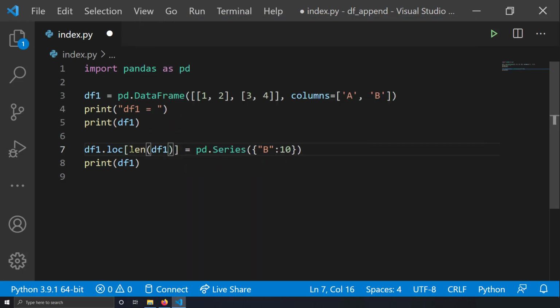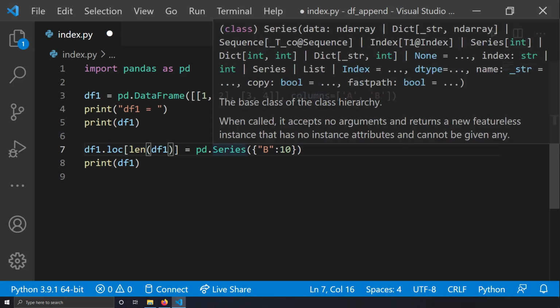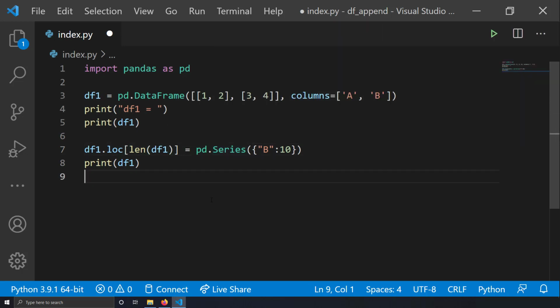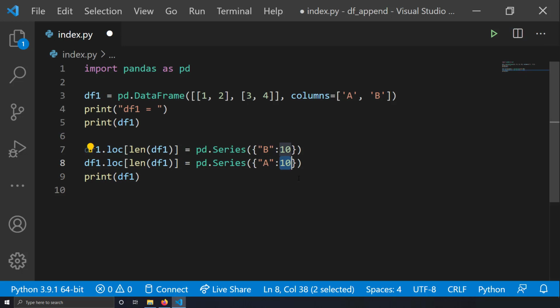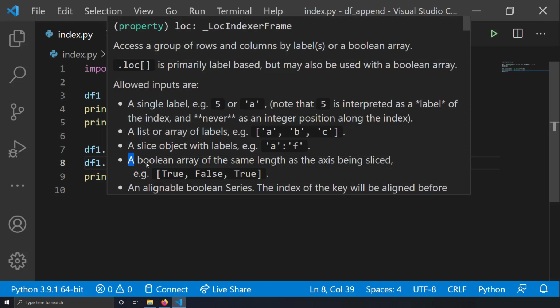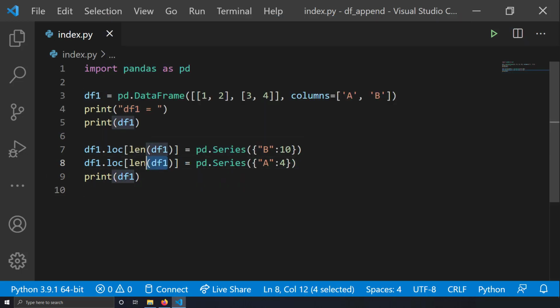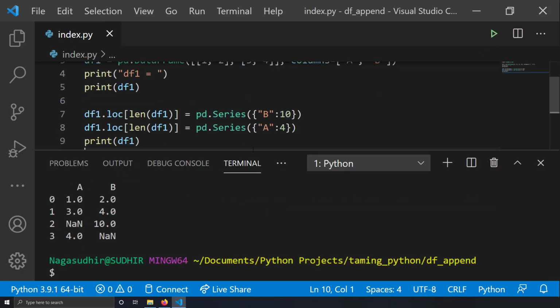So what I'm saying is, if df1 has 2 rows, then the maximum index will be 1 if your index is auto generated. Then the length of it is 2, so I've written length of df1. This way, using the same code, I can attach new data. Suppose here I want to give it 4. So the same code I am running here, and I am assigning new data, because I have given length of df1 here. It knows that the length has changed. So let me try to run this and show you again.